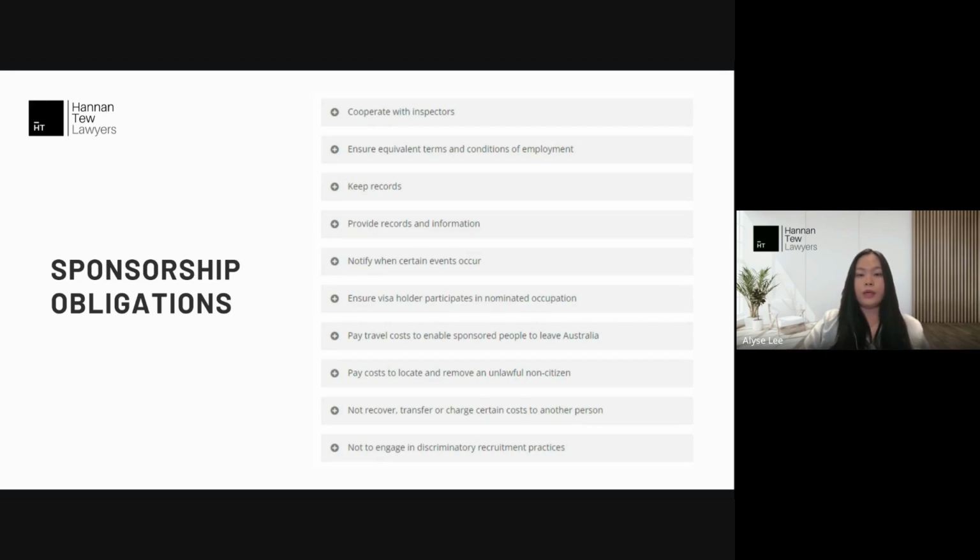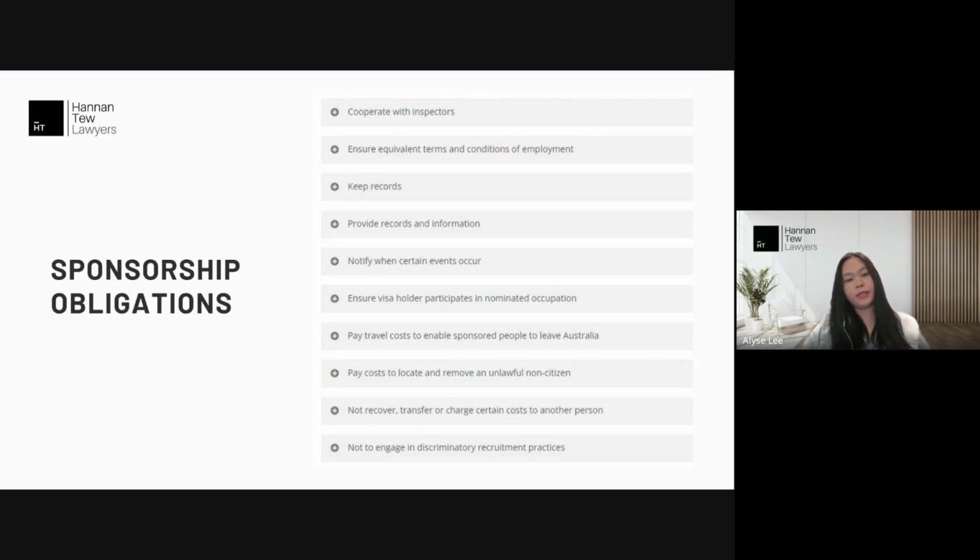With a sponsored employee, they will need to notify if there are any changes in their work duties, if they were to cease employment, or if they didn't start work on the 482 visa at all. Like I mentioned before, if an individual ceases employment, they will have 180 days to find a new sponsor, apply for another visa, or depart Australia. If they do depart Australia and they submit a written request to the business to cover travel costs, so these are reasonable costs equivalent to economy flights, then the business will have to cover these costs.